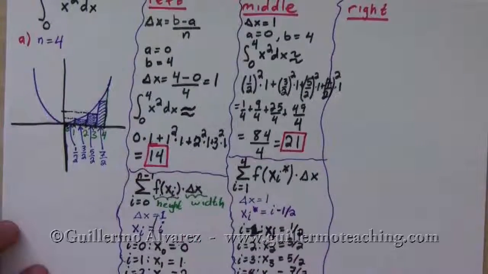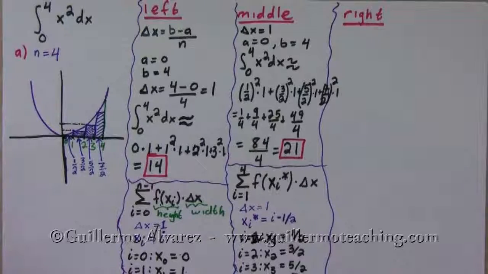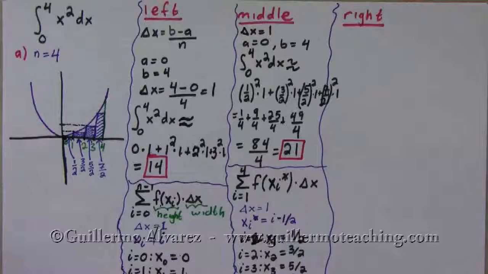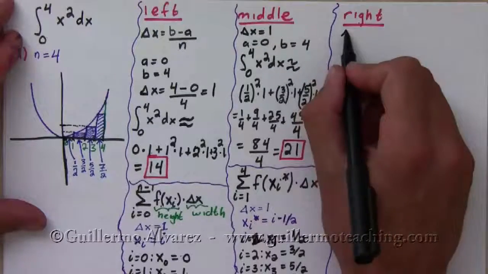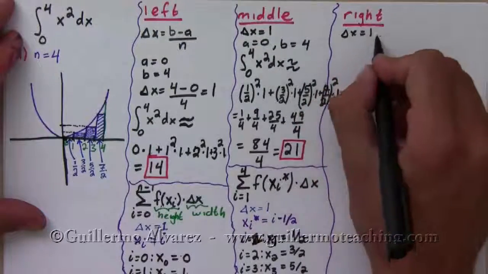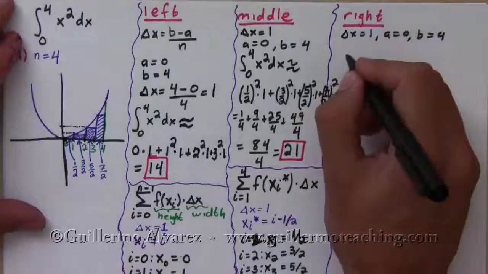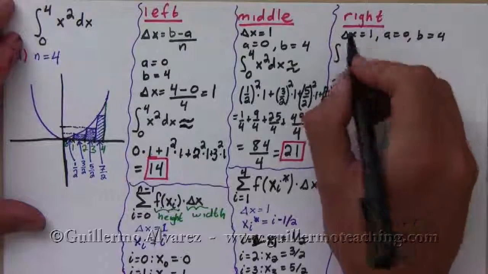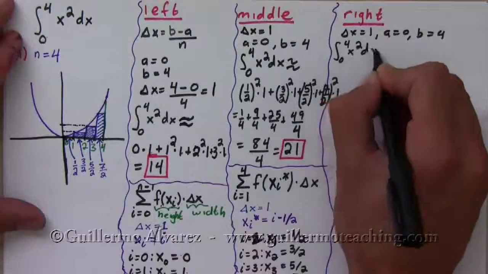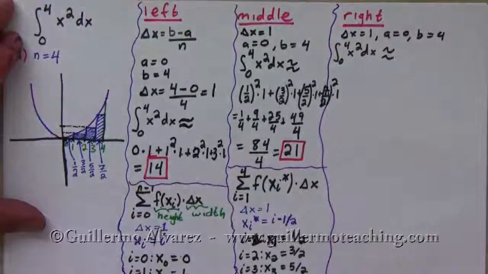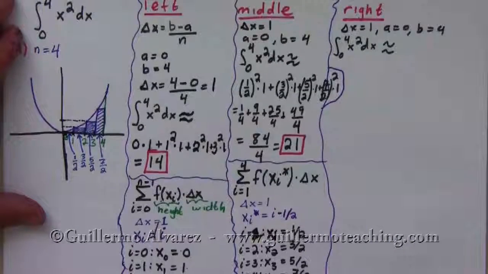Alright, why don't we work through the right endpoint one this time. So for the right endpoint, the same thing. Delta x is 1, a equals 0, b equals 4. And so we can say that the integral between 0 and 4 of x squared dx is approximately equal to, let me block this off right here,